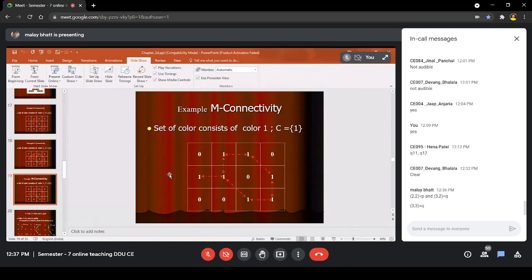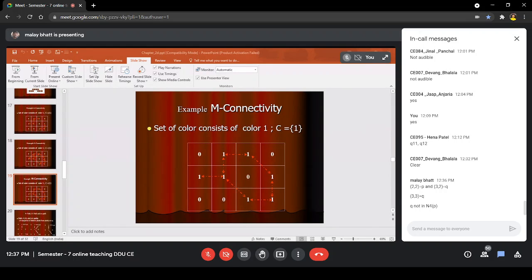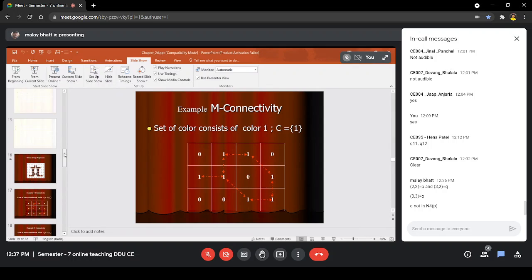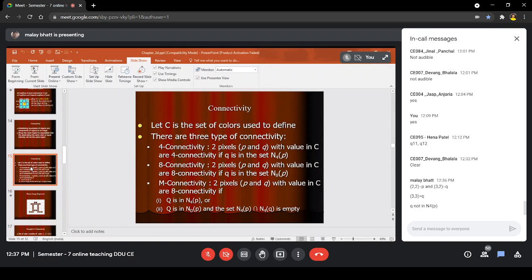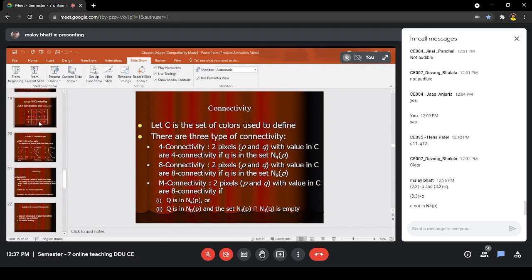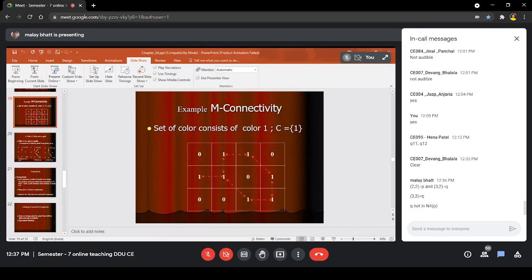Q is not in N4 of P. Now we have to check, as per the rule of M connectivity, if Q is in N diagonal of P, we have to check the diagonal neighborhood. So the answer is yes.